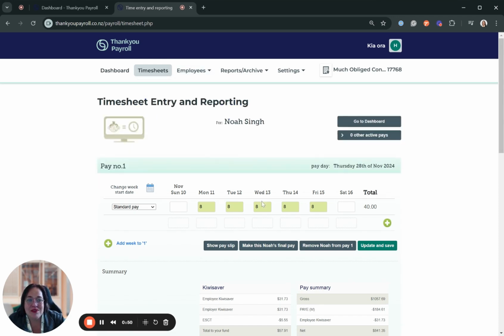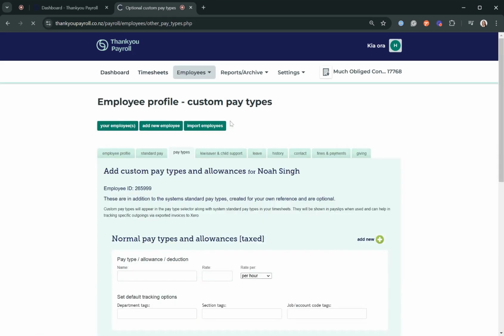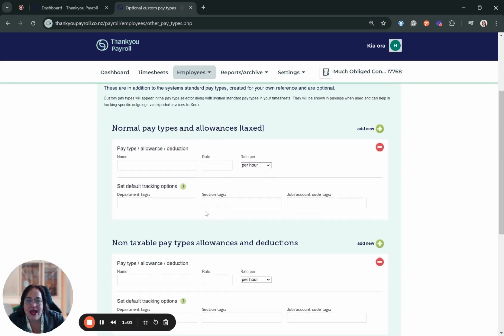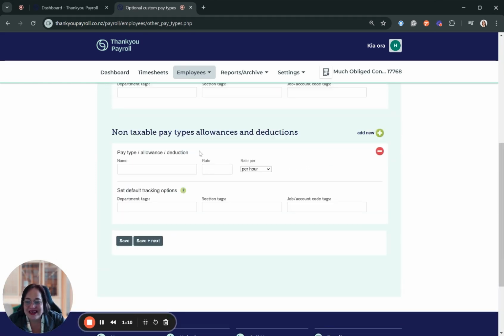So here's my timesheet. I've got Noah's timesheet up here and I need to create his non-taxable reimbursement. So I go to employees, pay types. The top one here is taxed type pay types. That's not what I'm going to use. I'm going to go down to the non-taxable pay types to create that reimbursement, and I'm going to call that